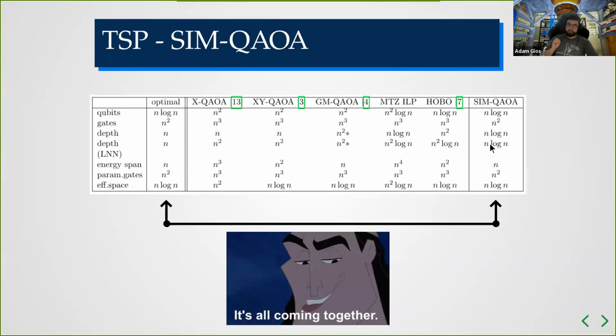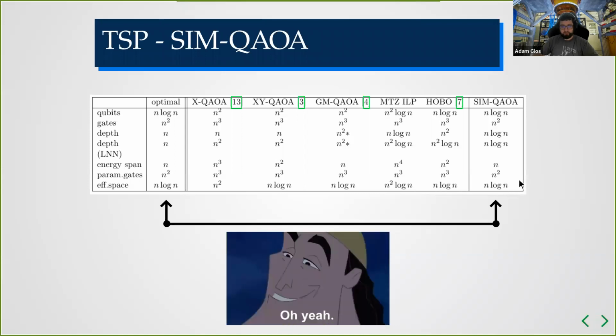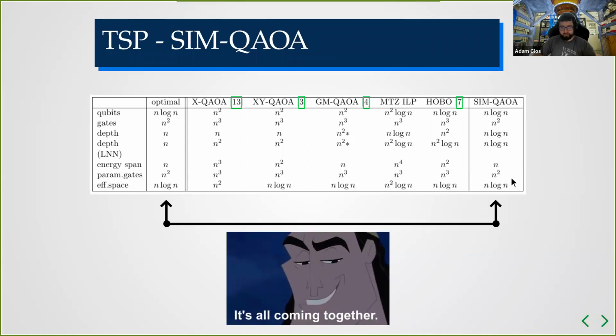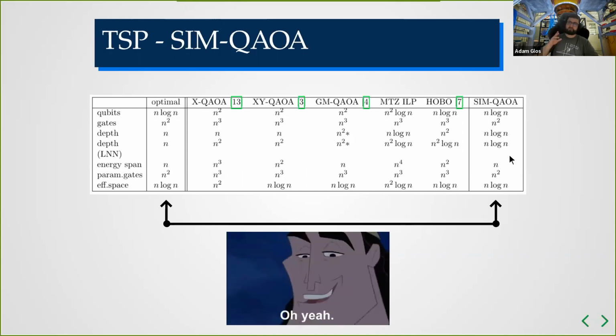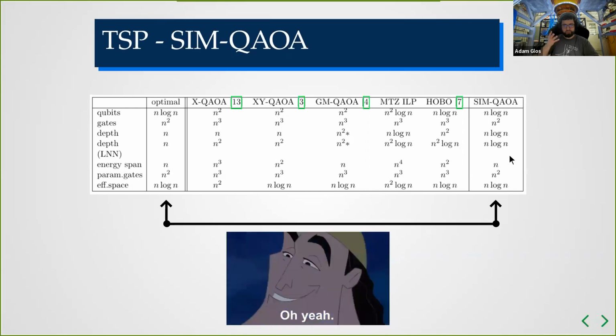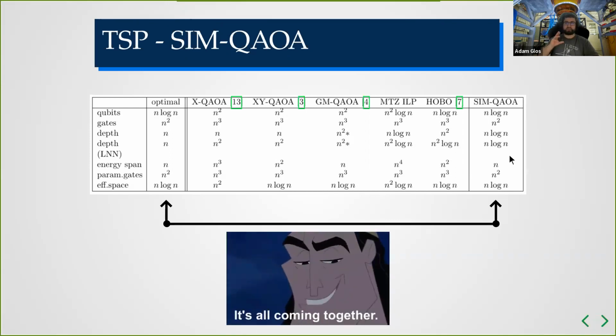our representation almost reaches the optimal values we derived before. For example, you can see that the number of qubits, energy span, and number of gates all match the optimal derivation. Depth is slightly longer than it should be. Unfortunately, this comes from the fact that we need to deal with integer numbers, so manipulating some registers takes some time. I believe that this is the actual lower bound and it is not possible to beat it.